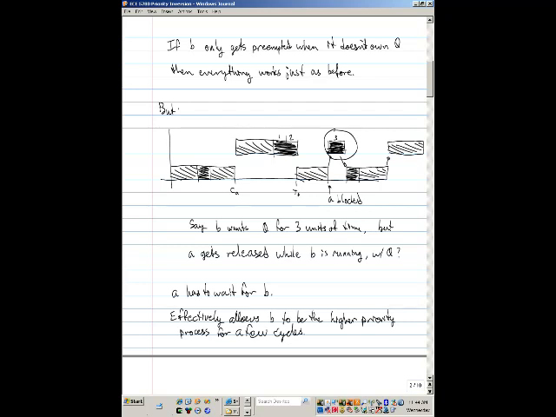Effectively, B is running as if it were the higher priority process by virtue of the fact that it owns a semaphore that the higher priority process wants. So is this a bad thing? No, it's not a bad thing, because the reason why we have this situation right here is to protect the critical region. We have to give priority, in some sense, to the idea that the critical region has to be